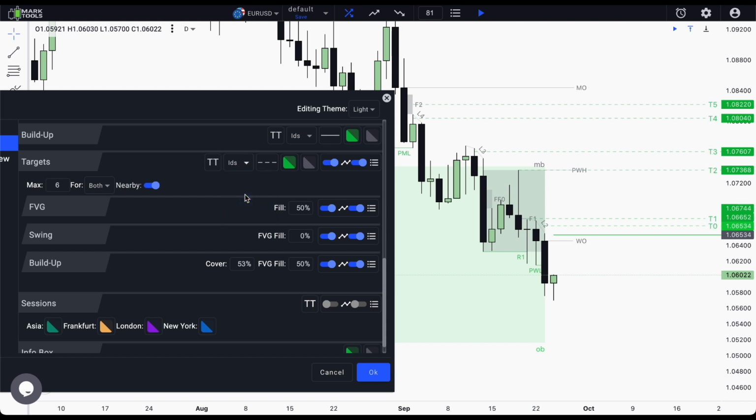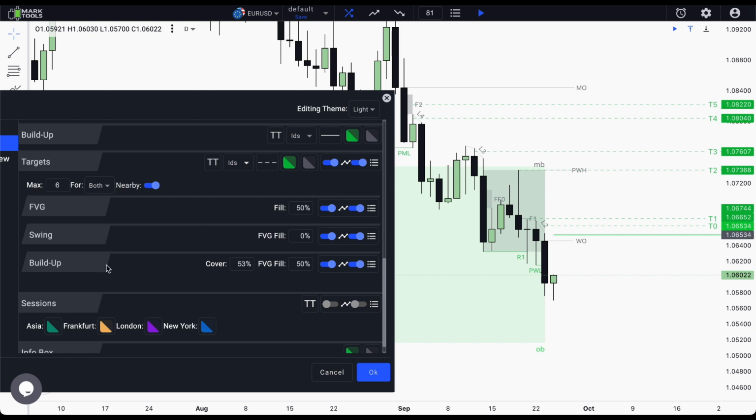Every subsection below has the parameter called FVG fill. It's used when FVG exists behind the tool and the system calculates the price location of the target line based on percentage of imbalance. With the FVG subsection you include imbalances as your targets. Using the swing subsection you add targets based on the swings of your price structure.